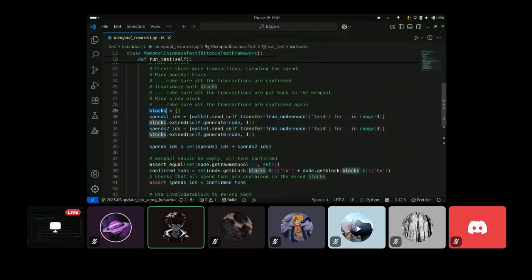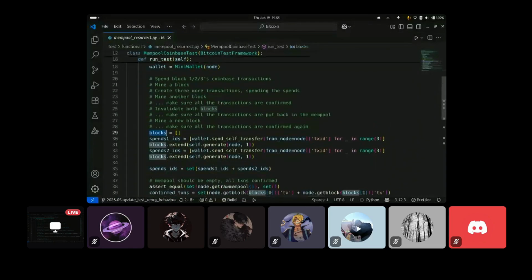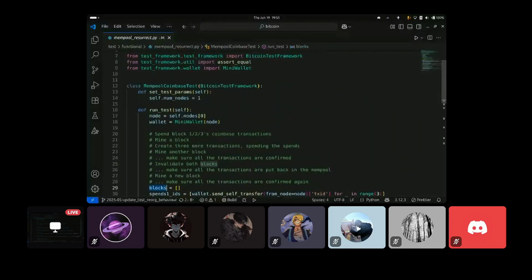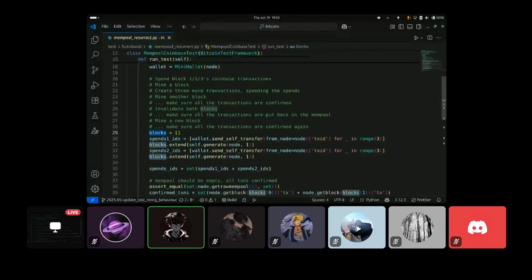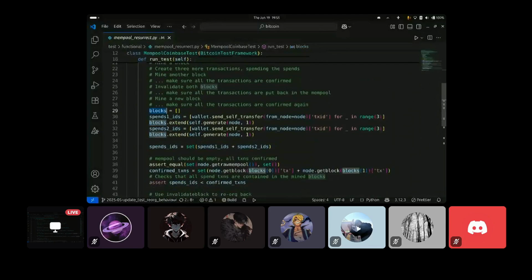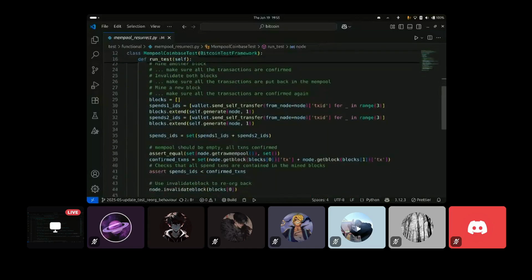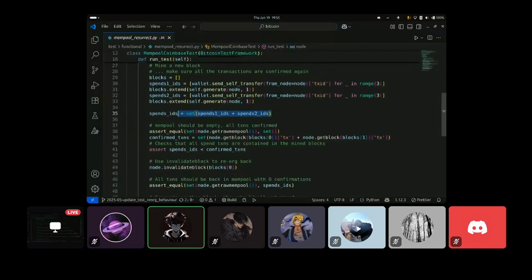Okay, we have the block list. So this is the first transaction, and this one is the second transaction, and we'll generate a block in the first node. Okay, so we have only one node, and we spend the transaction,